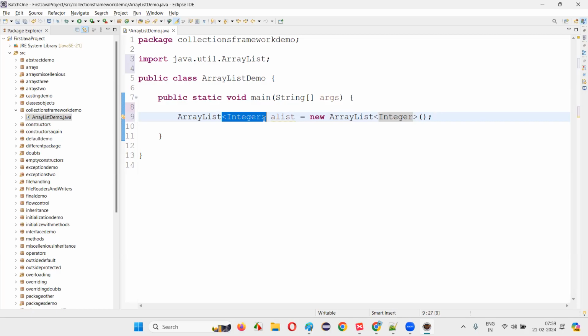This is a generic type, which decides which type of objects we are going to store into the ArrayList. Integer objects, not int primitive data type values, we are not storing. That will not be allowed. Integer objects we can store. Okay. Now,